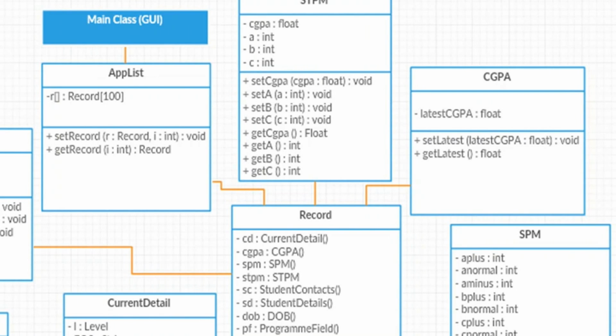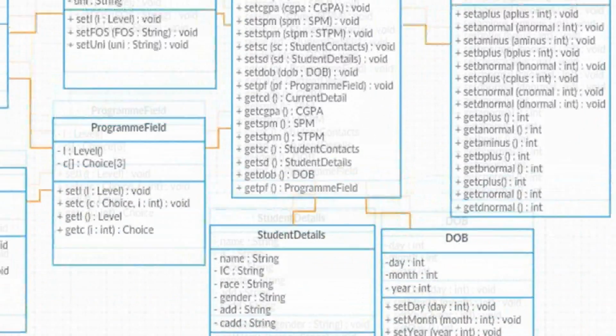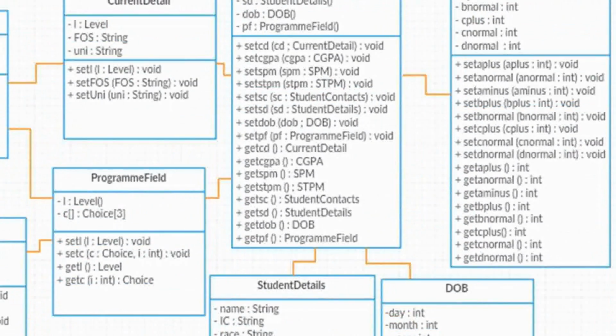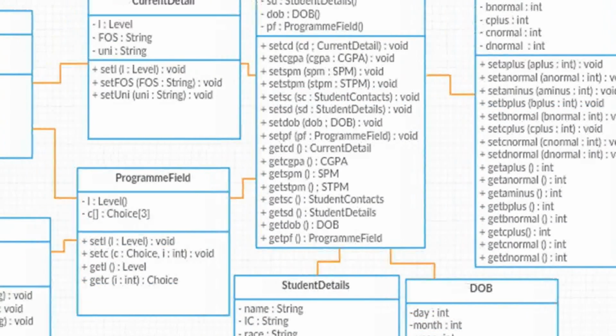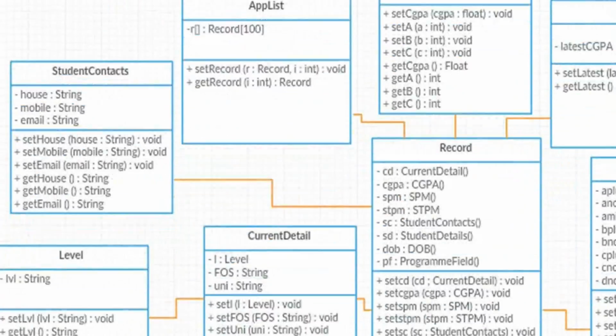Alright, so you might have noticed all these yellow lines. What does it really mean? Okay, let's take an example of the current detail and level. As you can see in the middle of the screen right here,